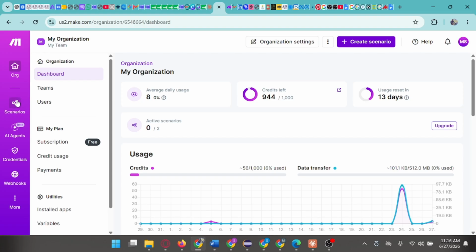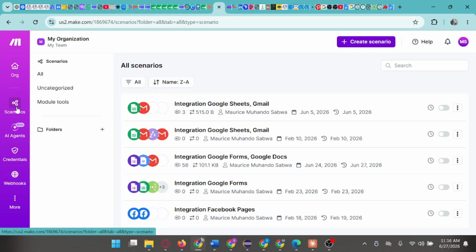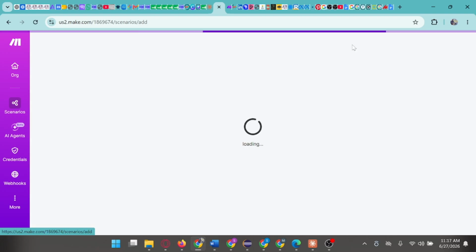So in this case, if you look at the dashboard, we have different things. I have a number of scenarios that I've created for different clients. But that is not where I want us to dwell today. Today we are creating our own automation. So once in Make.com, you'll go to create scenario,